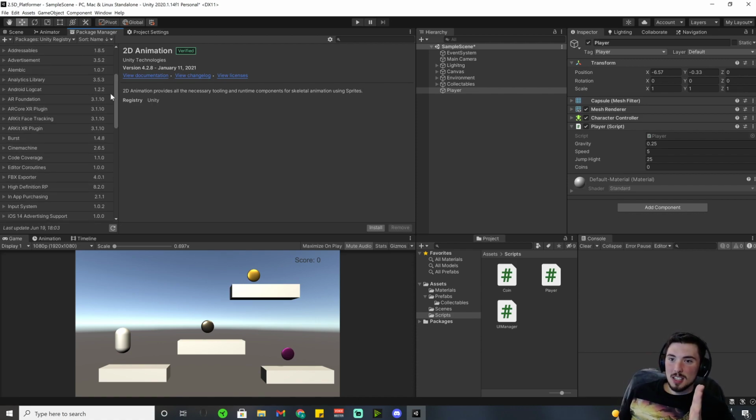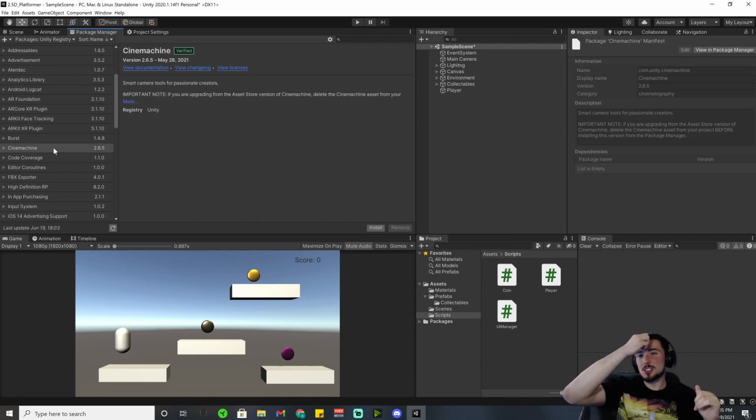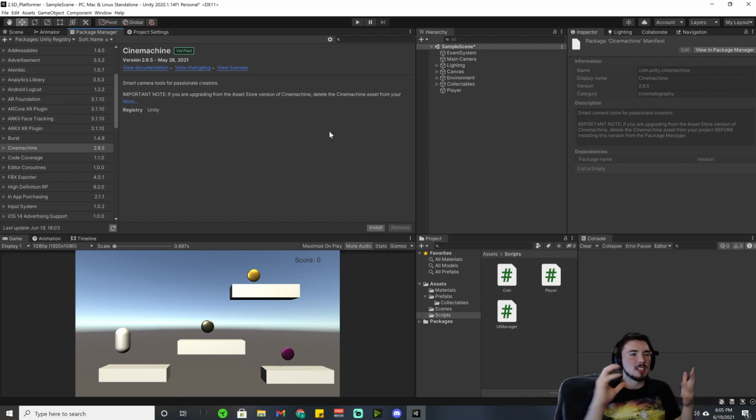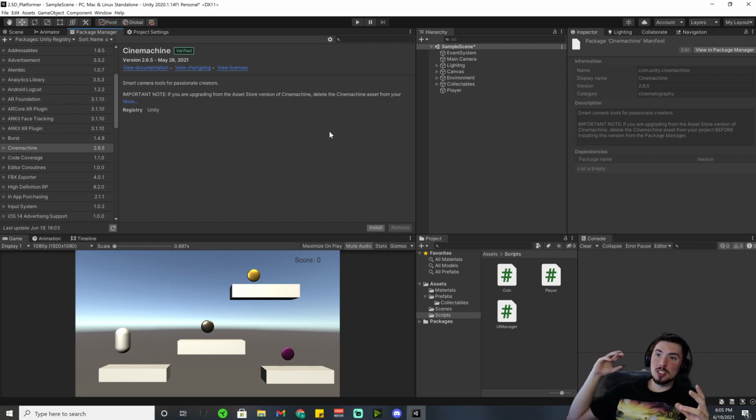So in here, there is a tool that you can download called Cinemachine. Cinemachine has an entire built-in camera system where you can create third-person controllers, first-person controllers. You can make dynamic cameras so that as you're walking, it pans out and just looks super beautiful, like you'd see on stuff like Death Stranding. Not that that's a recommendation,